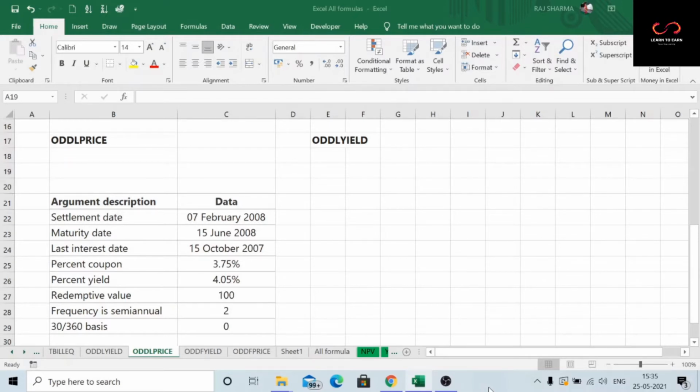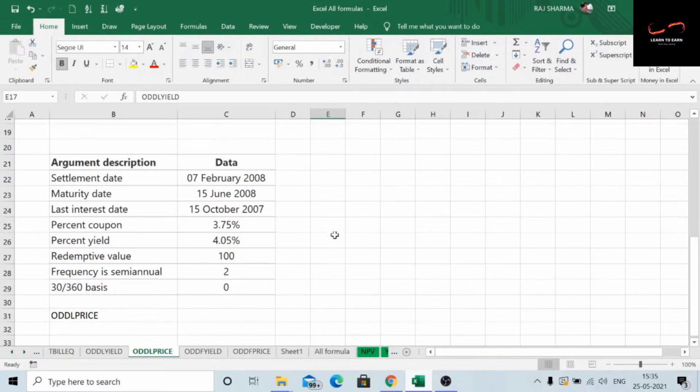But there may be occasions when the bond is not exactly of 10-year horizon and the coupon payments have to be adjusted. So if the last coupon payment is going to be adjusted, then these formulas are going to be useful. The first formula is to arrive at the price of a bond when the last coupon is at odd period. That means at irregular period. The second formula is to arrive at the yield of the bond when the last coupon is at odd period. So let us try to understand it by an example.